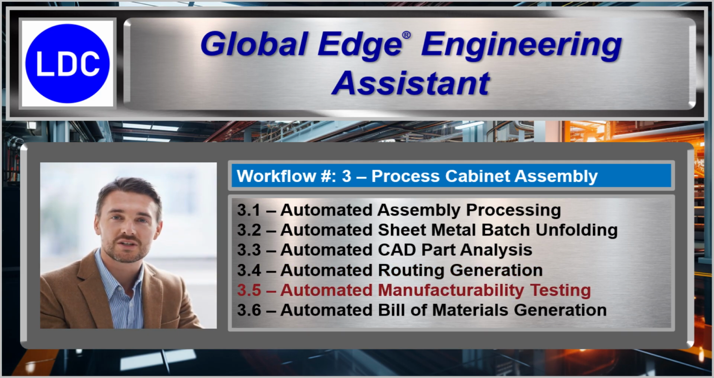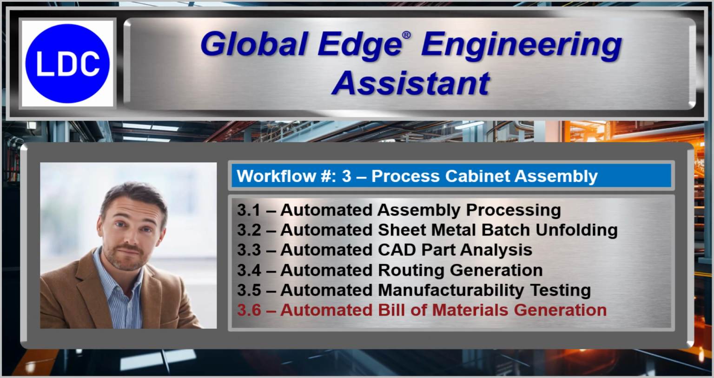Automated manufacturability testing includes advanced design for manufacturing capabilities to identify potential sheet metal fabrication errors before parts leave engineering. Automated bill of materials generation generates a complete manufacturing bill of materials based on CAD part parameters, and the automated generation of optimal routing steps, including tooling,